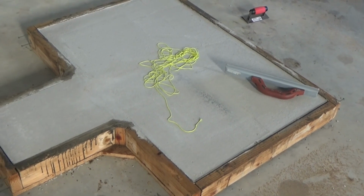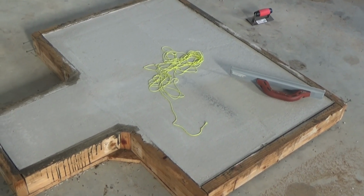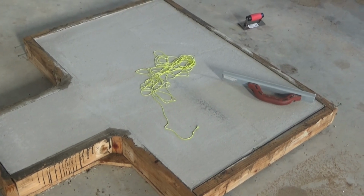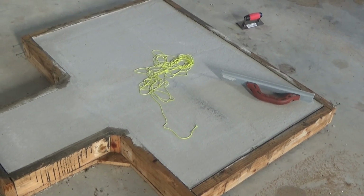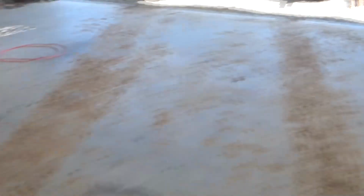The wife helped me mix mortar for the blocks and get that set. She did a great job of consistently mixing the stuff while I did a mediocre job of stacking them. What I'm going to do now is take the concrete mixer, and then out here I have,